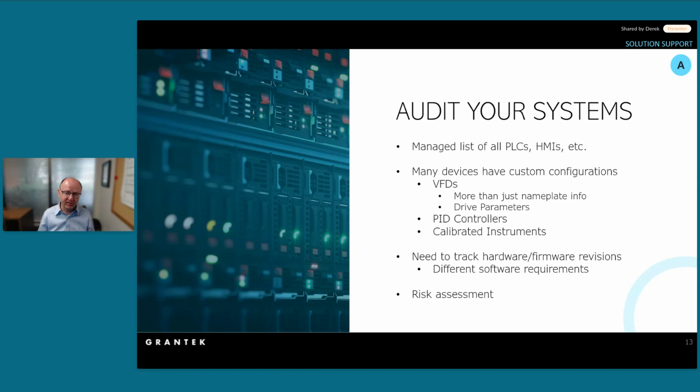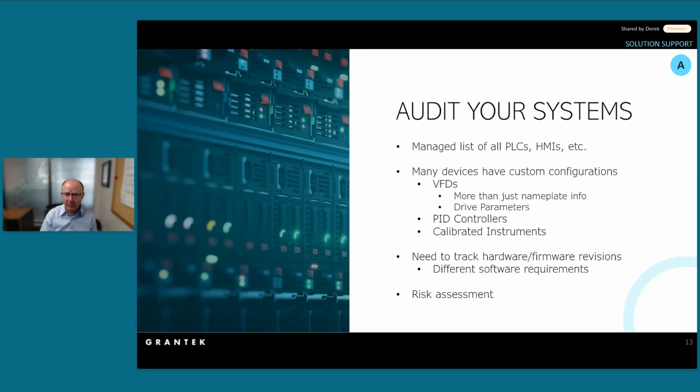Maybe per project they have some binders, some folders, but really not a lot of customers have that managed list. Maybe they'll say there's that filler over there, that oven over there, that palletizer here, and have some idea, but not really going down to the detail that I think is necessary nowadays